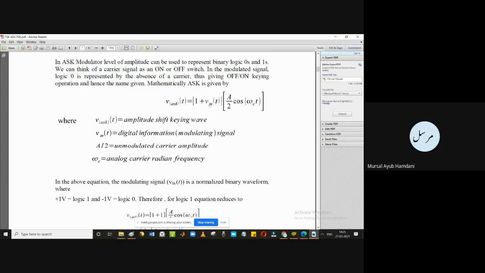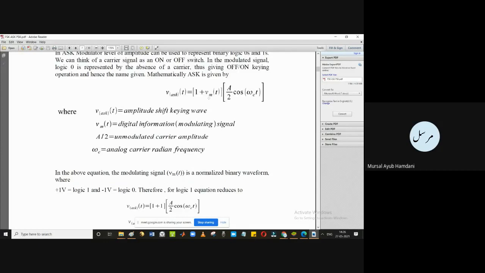And when it is 0, or when it is -1, you can keep it -1 also. If it is -1, then it gets cancelled and the overall V_ASK value will be 0. Or if you are using binary v_m, then it will be half the value. But preferably, because the comparators at the output stage will require high differences between the 0 and 1 voltages, we'll usually use +1 and -1, or we can use 0, 1 accordingly in our MATLAB codes as well. So this is how effectively it will work.